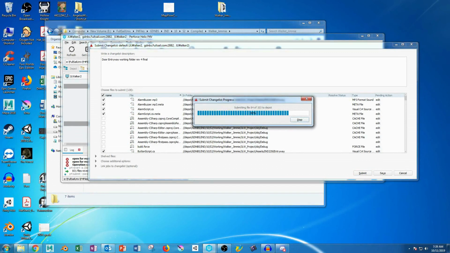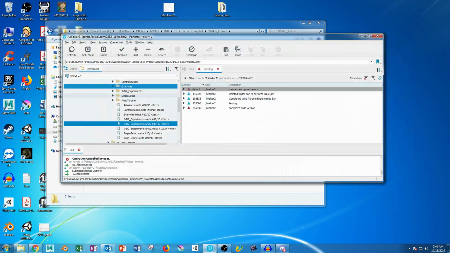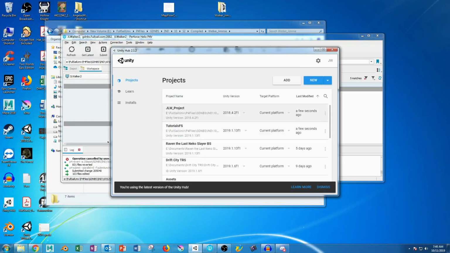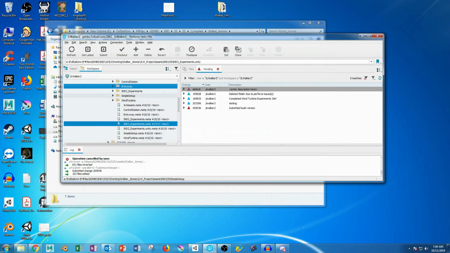But that's pretty much going to do it for this short little tutorial. I'm hoping it will help you out some. One last thing I do want to touch base on. So, say inside of Unity, you know that the build is in the proper file, because every time you pull up this and you're able to click on it, here we go. In my case, it's JLW project. If you're able to click on that and it opens up, but you're not seeing it inside of the depot,